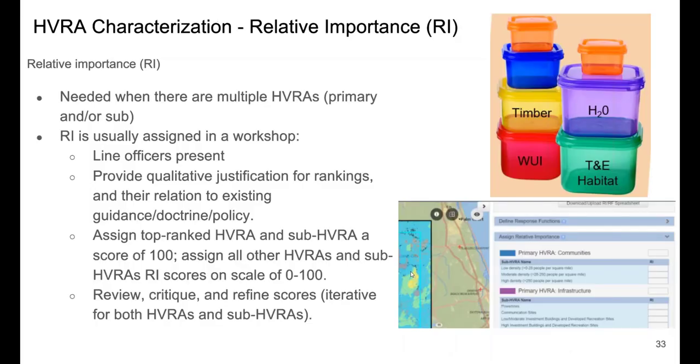The relative importance is similar. This goes through consensus workshops. Often this is more of the line officers, and people document their justifications for the rankings, etc. And in this scenario, the top ranked value or asset on the landscape is assigned a score of 100, and then all the other HVRAs and sub-HVRAs are on a scale of 0 to 100. It's done a little bit differently in some different risk assessments, but the way IFTDSS does it, at least one primary HVRA has to have an assignment of 100,